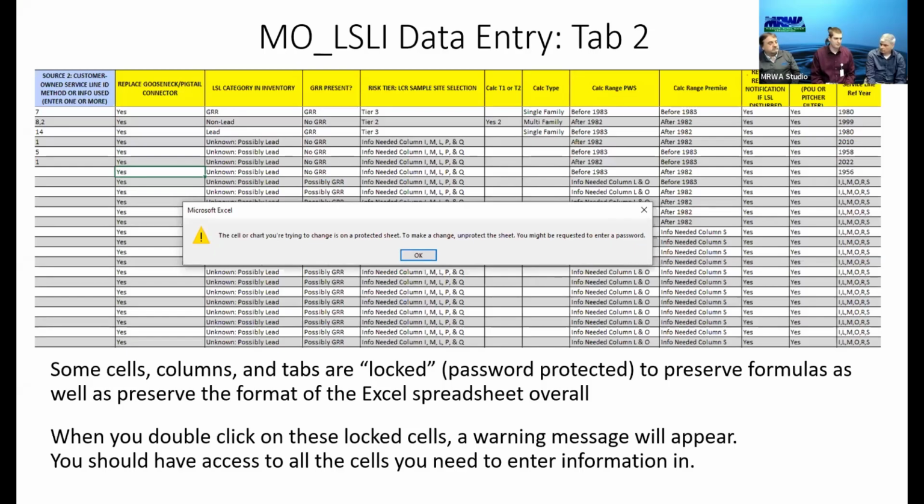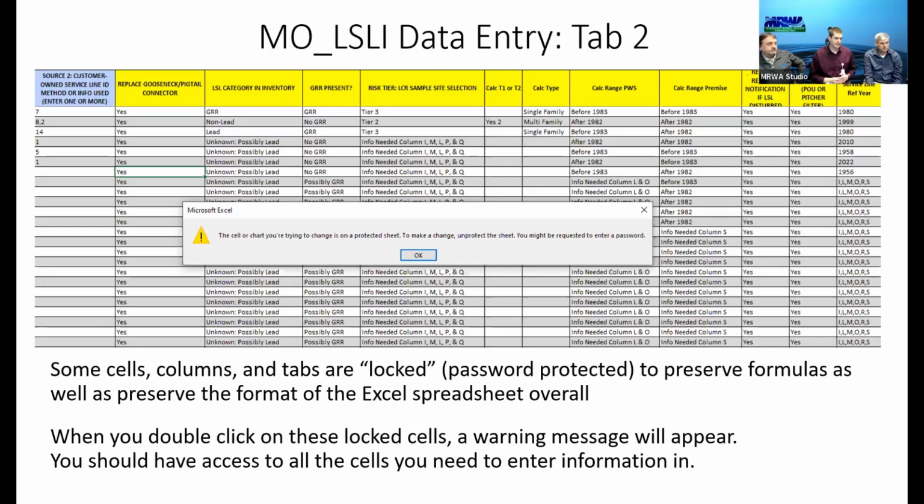That's just the way the formula was put together. The lead service line category inventory is your label for the total service line. So if one half is a confirmed lead service line, it's going to label it as lead. If there's galvanized requiring replacement, it's going to put GRR. It might put other non-lead, or your unknowns, possibly lead. Is galvanized requiring replacement present?